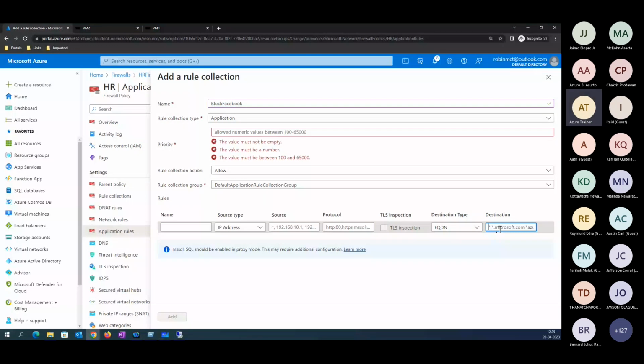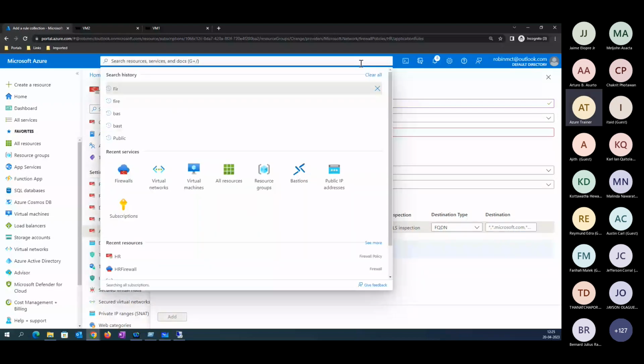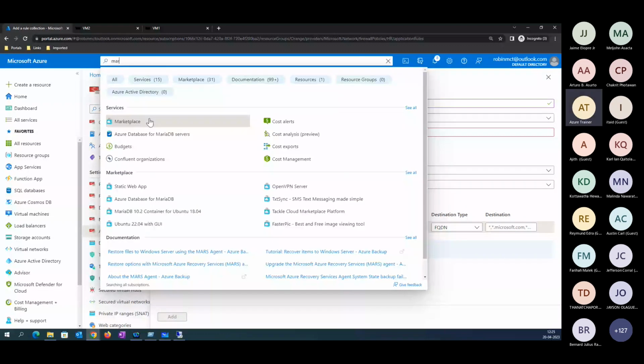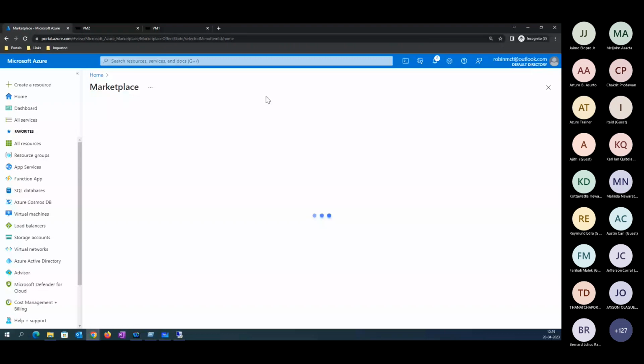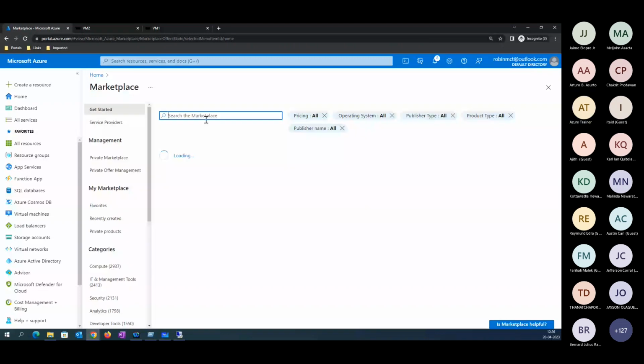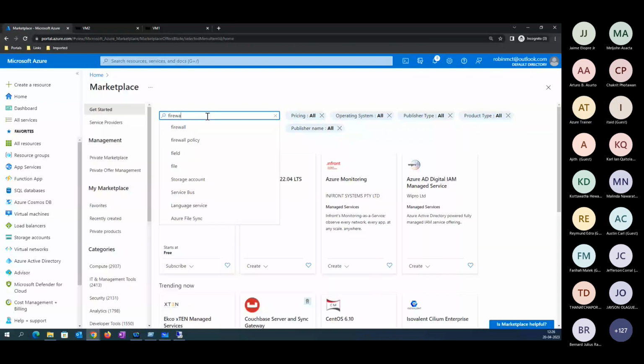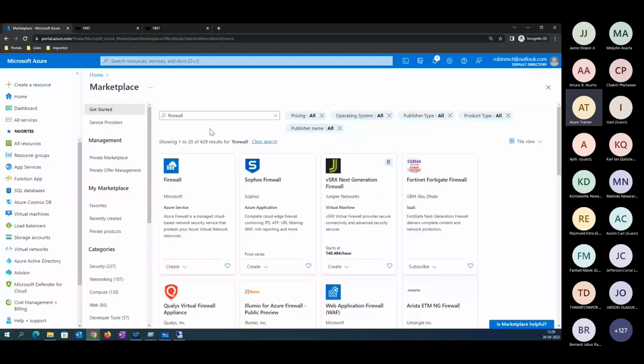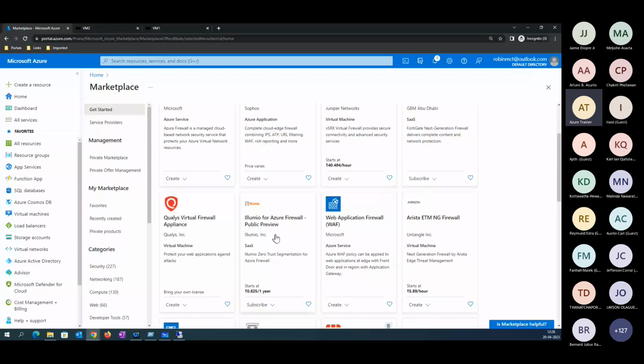And guys, you need to understand that in a cloud scenario, it is not that only one firewall is allowed or only Microsoft's is allowed. No, Microsoft supports third party also. For example, if you type firewall here, you may be able to see other third-party products as well. You can go to Sophos or FortiGate or other firewalls and configure them here.